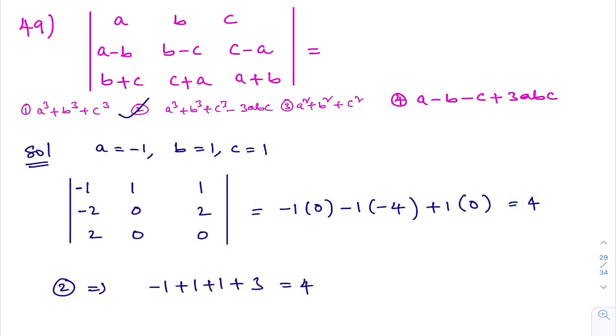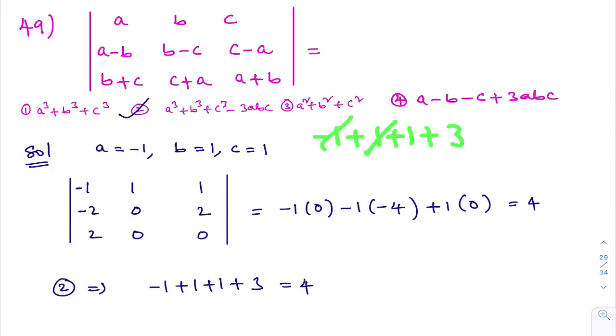Now what I'll do is substitute these values, A value, B value, C value, in the options. Whichever option gives you 4 is the right option. When I substitute these values in this, I am getting plus 1. Right? When I substitute these values here, see, A cube, that is minus 1, plus 1, plus 1, minus 3. What are you getting here? Actually, when I substitute these values, this will become plus.